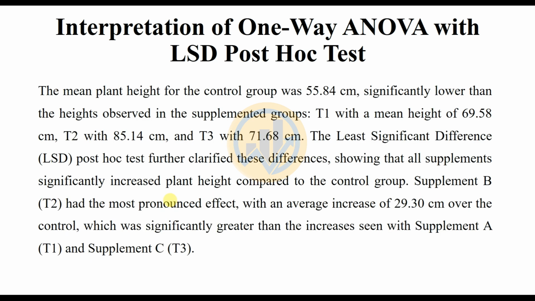The mean plant height of the control group was 55.84, significantly lower than that observed in the supplement groups: T1 with a mean height of 69.58, T2 with 85.14, and T3 with